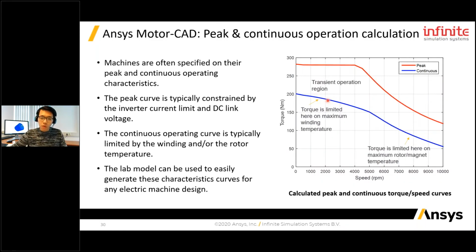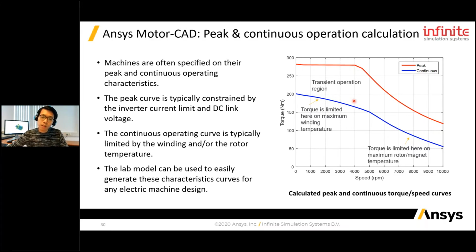So one important thing is that you will benefit from this Lab module, together with the coupling between thermal analysis and electromagnetic analysis, in that you can actually see your continuous working performance, instead of your peak working performance. So for a PM motor, maybe you have this nice high torque peak working performance. However, because you want to limit the temperature of your magnets so that it does not exceed, for instance, 120 or 140 degrees Celsius, then that means it cannot continuously output this torque, and it has to depend on your thermal